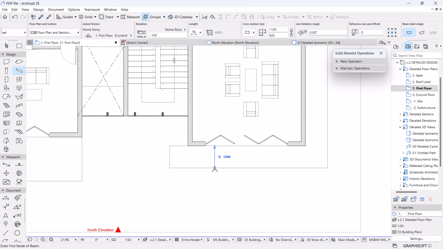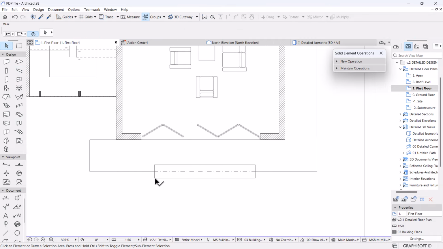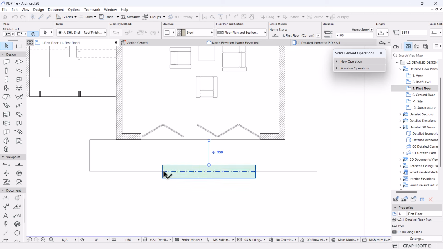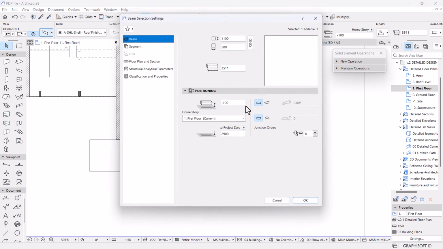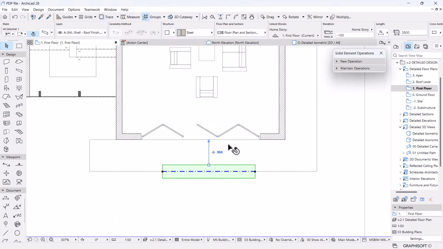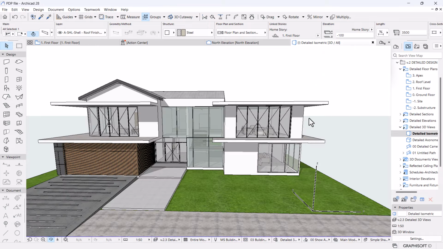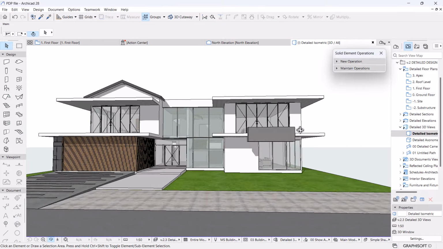So let's draw it from here to there. So that will be the position of our planter, somewhere here. With the beam, like I said before, you can control the length easily. So for example, instead of 3.5 11, I will go for a round length, which is 3.5, like that. Perfect. So what I need to do, if we check on 3D, you will have this kind of an effect,